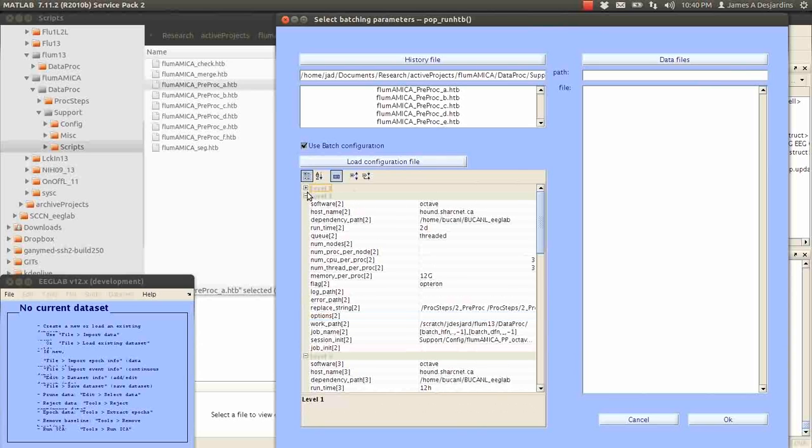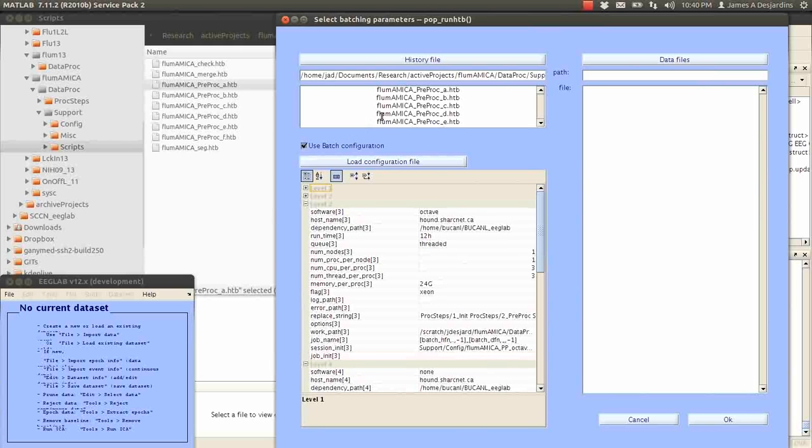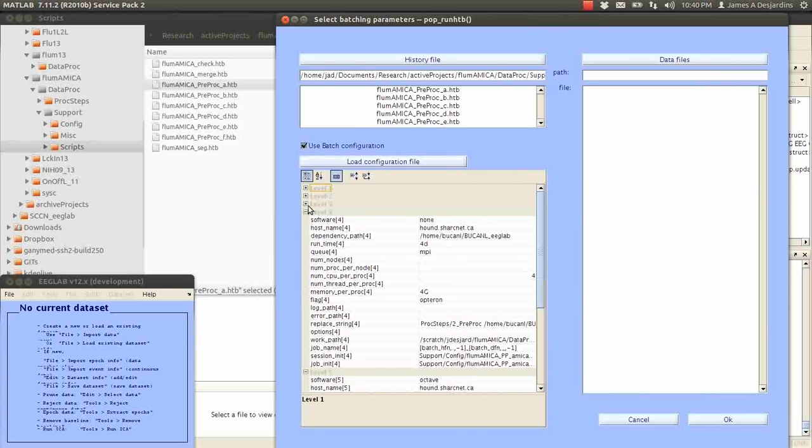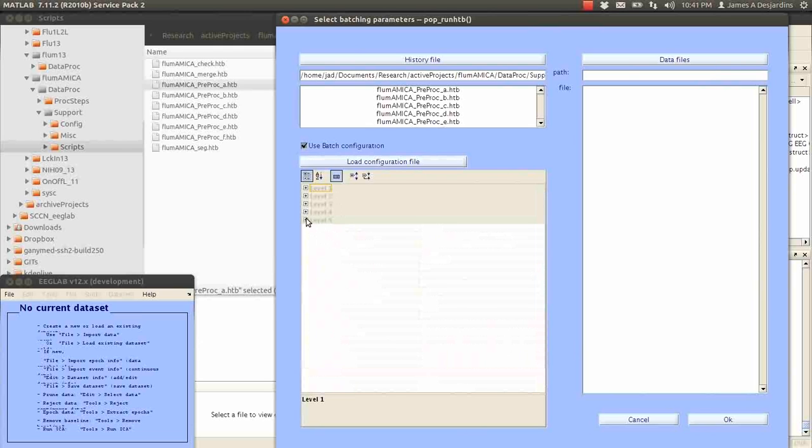And then what we see is actually there's a configuration for each of the history files. In particular, for the fourth, D, there is no software that this will run in. It's simply the AMICA 12 OMPI new binary that's going to run in the MPI queue with 4 CPUs on the Opterons. Now, once I'm happy with the way that these are configured,